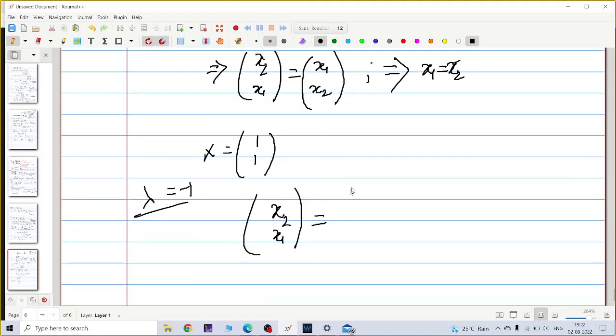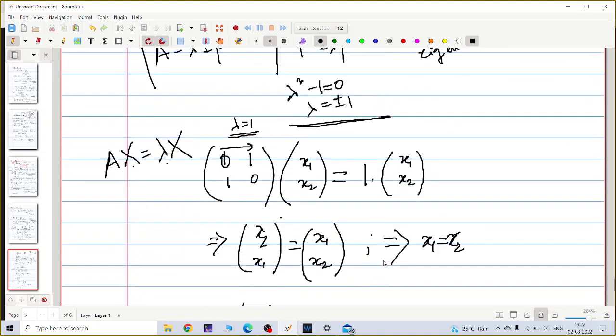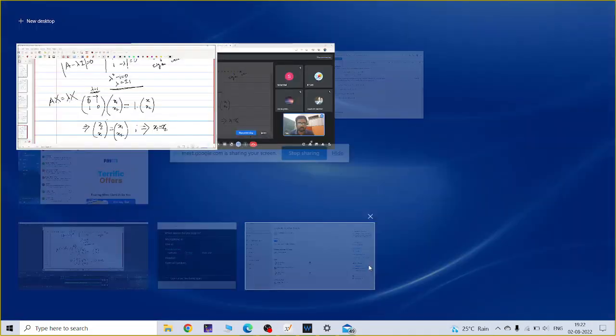For lambda equal to minus 1, it will be generated by (1, minus 1), or (minus 1, 1), anything you can write. Biplav, do you understand? Then the solution is given by